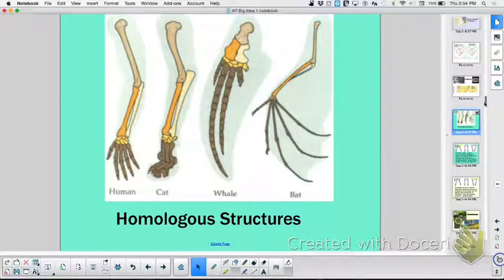So, are any of these analogous? No. Do any of them do the same thing? No. This one flies, this one swims, this one walks, this one grabs. So they all have different functions. I don't care about functionality, but we do care about structure, because if they have common structure, then they probably have similar DNA, which means they probably have a common ancestor. Yes? And then vestigial is just having something that was once the same but isn't necessarily relevant anymore.